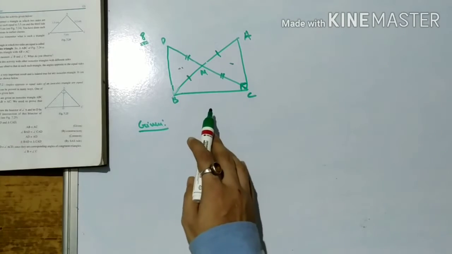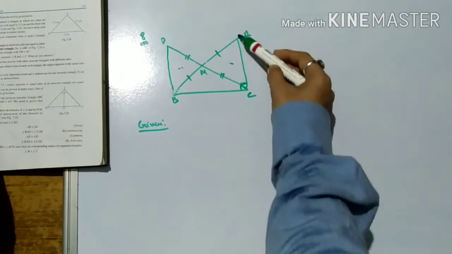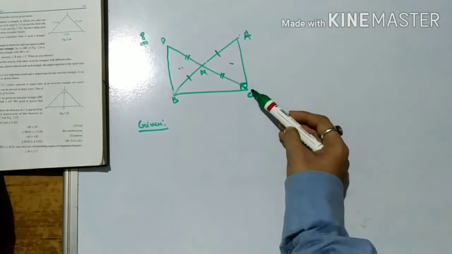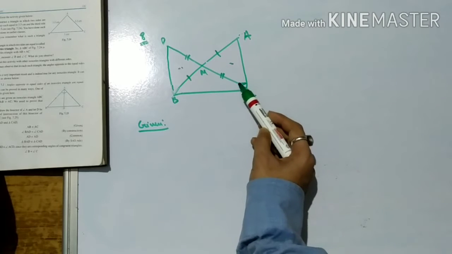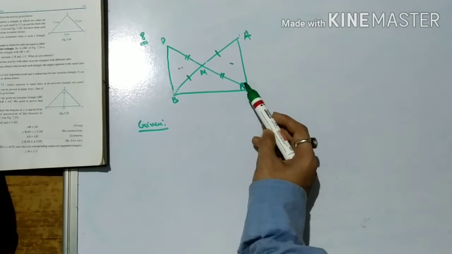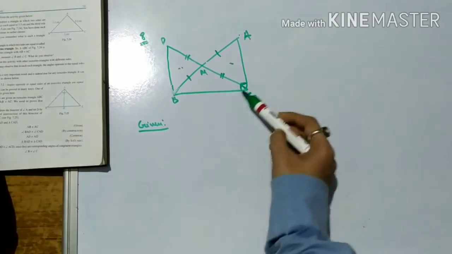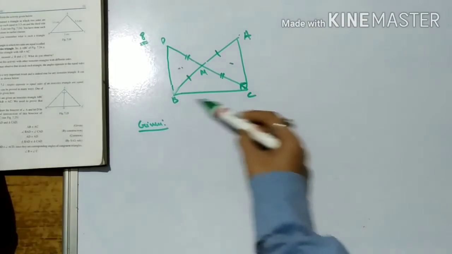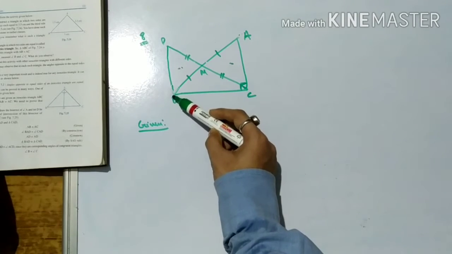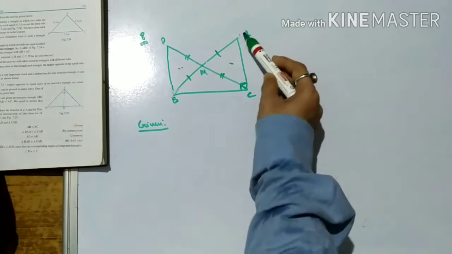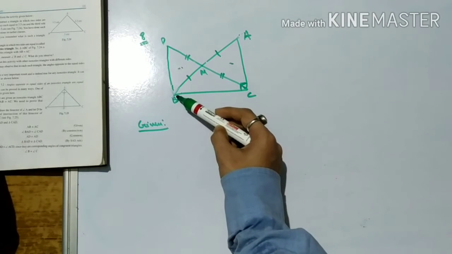Let me tell you one more time. In here it is given that triangle ABC is a right angle triangle, right angled at C, that means this angle will be 90 degrees. And M is the midpoint of hypotenuse AB. This is the 90 degree angle, so AB will be the hypotenuse. And M is the midpoint of AB, given. Therefore AM will be equal to MB.